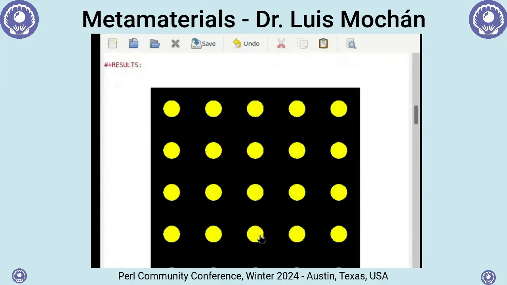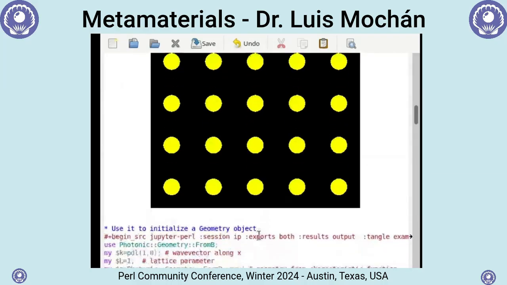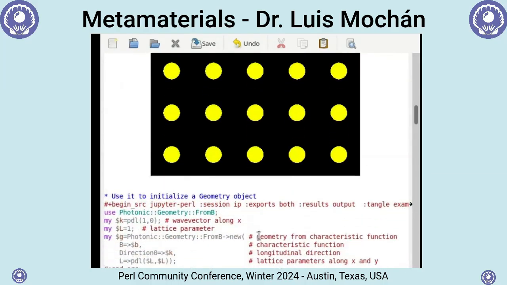Okay, so here you see the array I am considering. So this is an array. It's a part of an infinite array of circles. You can look at this as cross sections of a system made of cylinders. Okay. So to use my system, once you have the geometry, I have a class that produces a geometry object